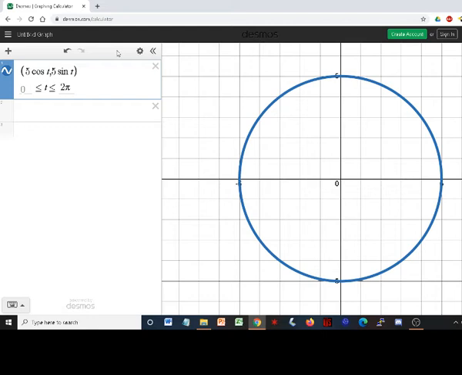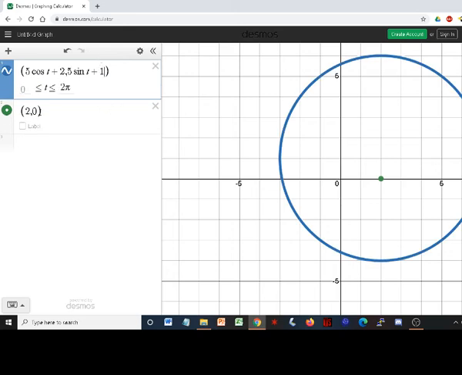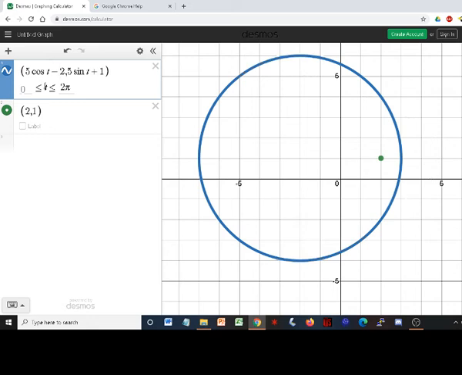And if you want to shift the center, well, if you want to shift by x, plus 2, look, I moved the center over by 2, so that's 2, 0 is the center. And if I add to the y value, the center is now here. Oh, sorry guys. 2, 1. So it's actually pretty simple. If you can remember cosine and sine, multiply on the outside to change the radius, and add to change the center, or subtract if you're going to go down. So that would make the center go to -2,